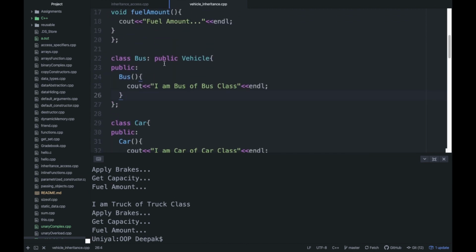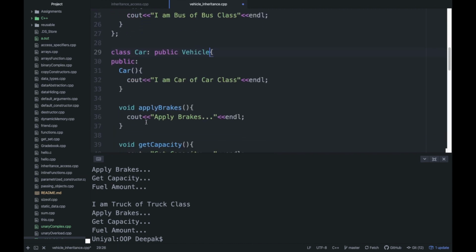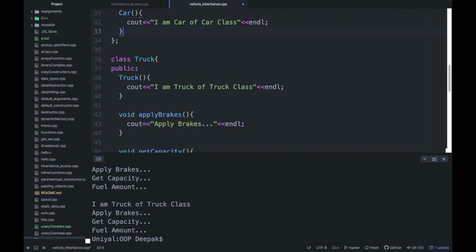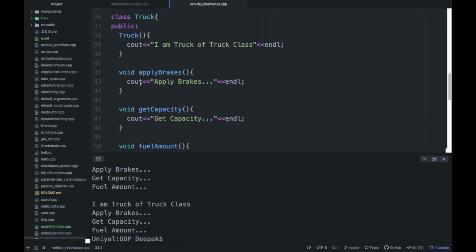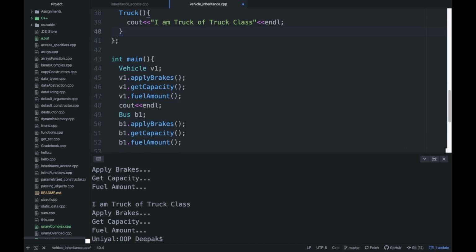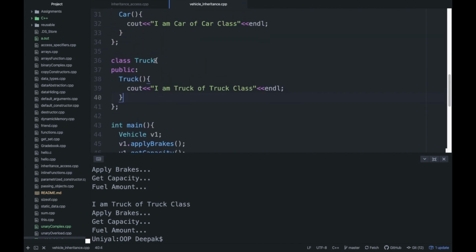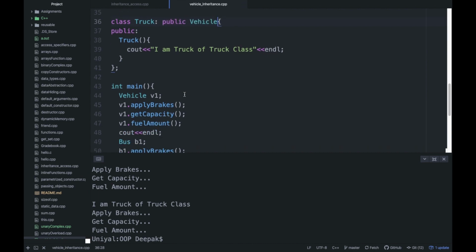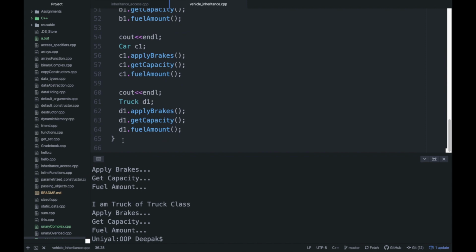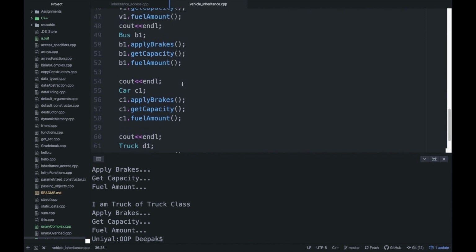But I will copy it from here and paste it here, because we are inheriting the vehicle class in every other class, because we want properties or functions of the base class in derived classes. Clear? Now it's fine. Now you can see we have reduced almost 35 lines from this code. Clear?